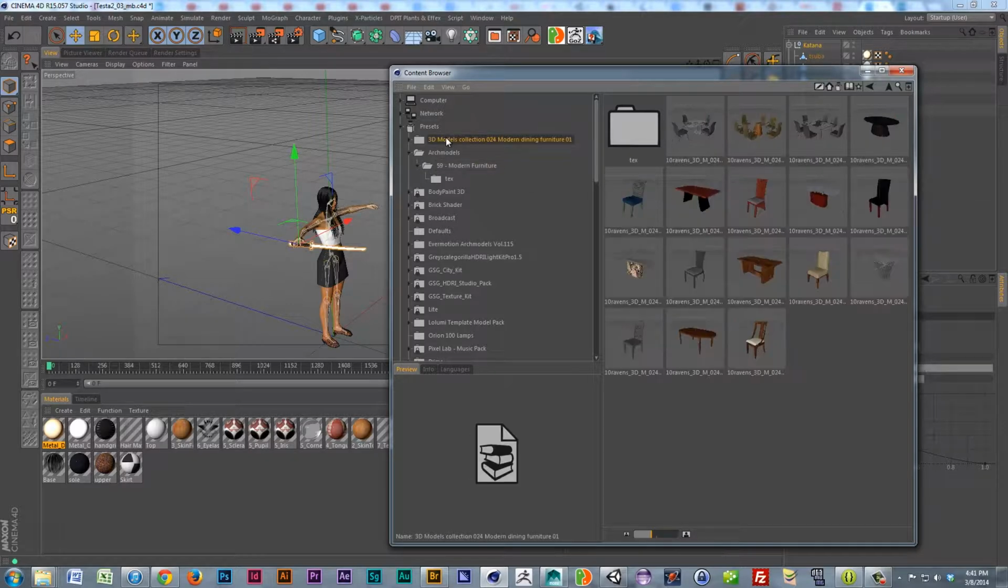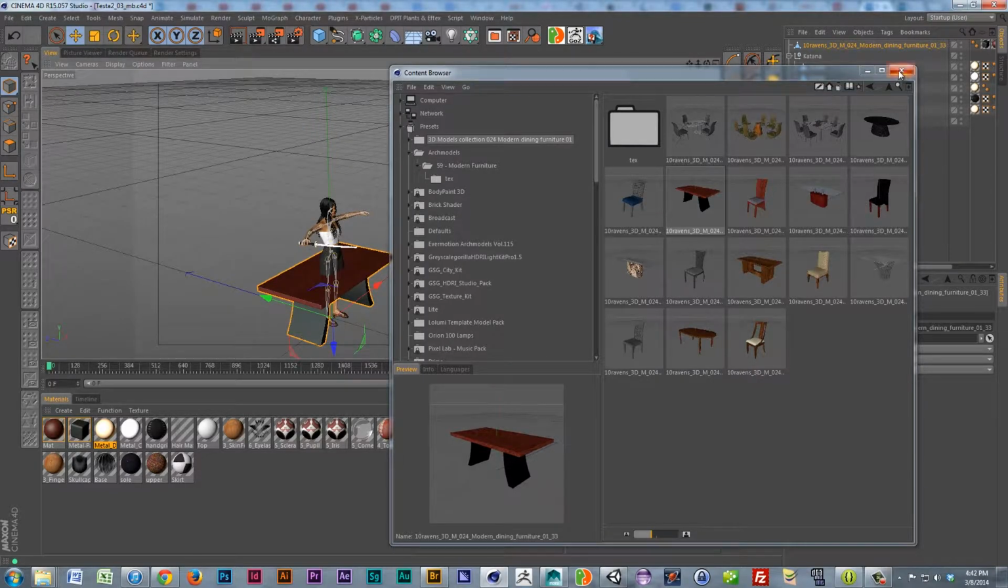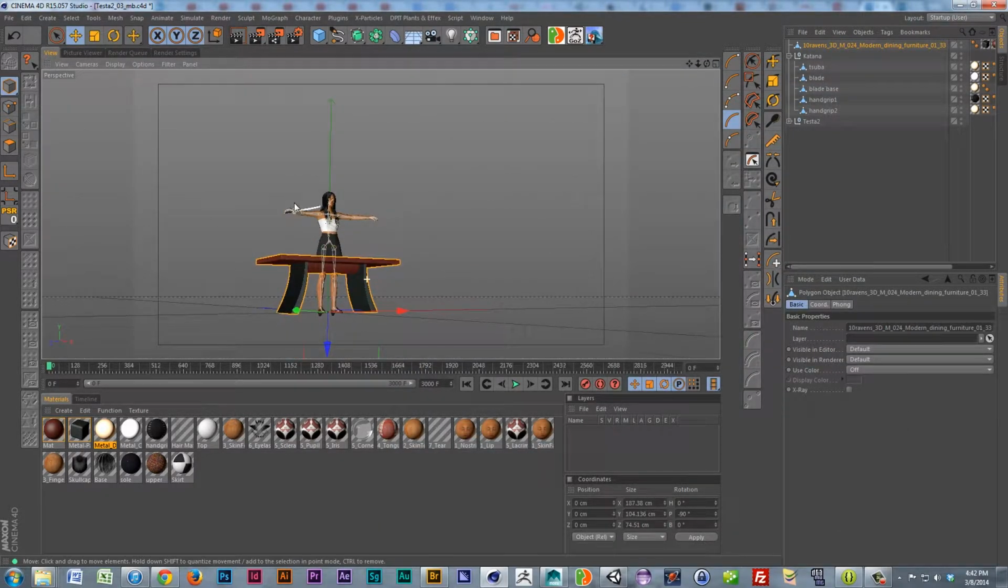I think we're going to go with the 3D Models modern dining room furniture, and we're just going to grab a basic table here. Doesn't really matter what we grab. I guess I'm going to grab this one, and let's go ahead and